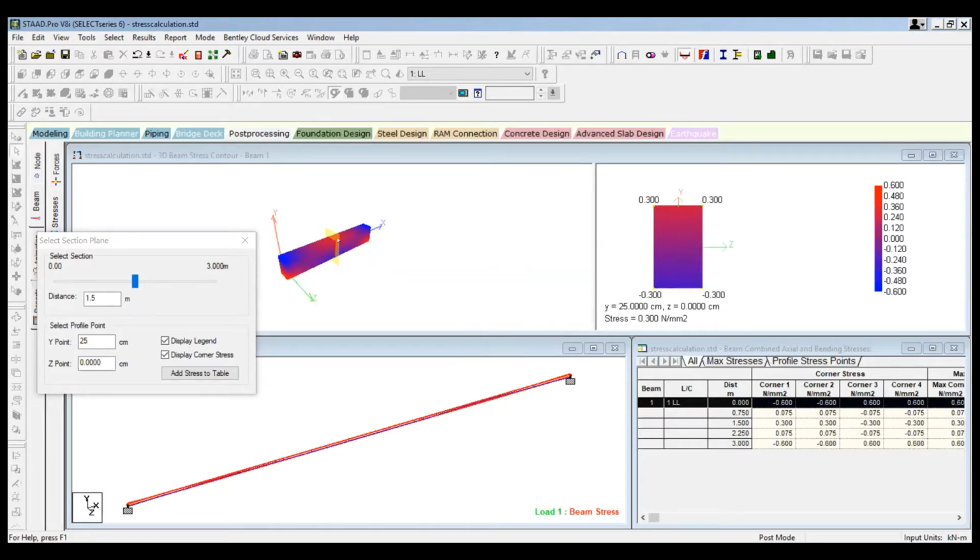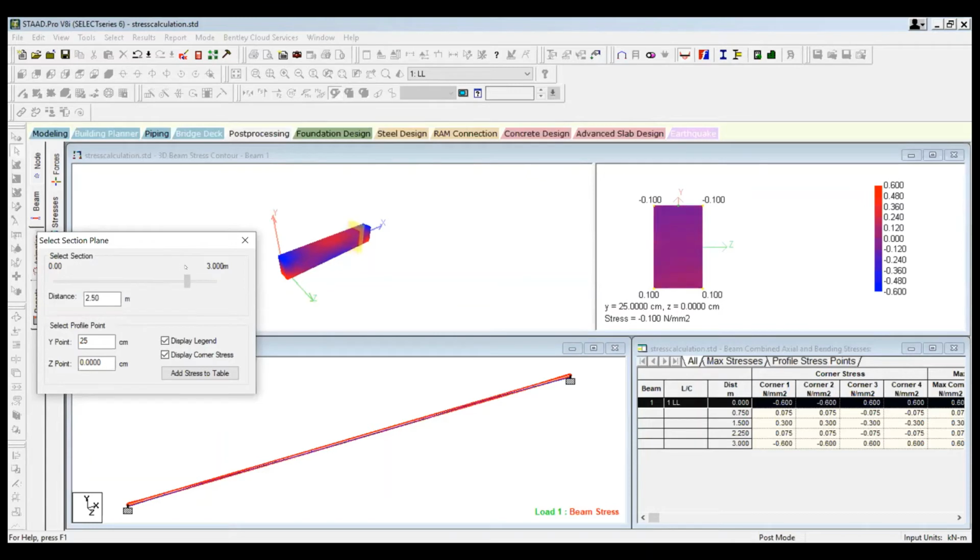Now, if I move this yellow color, whatever is there, if you keep on moving it, you can see the stresses in that bar also. It is showing the variation. If you move like that, it is continuously changing. The stresses in that particular member are changing.